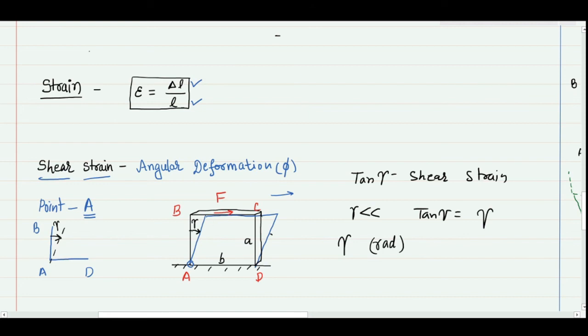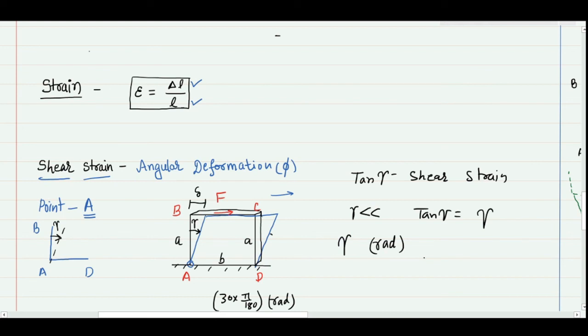Whenever you define the angle, suppose this is 30 degrees, you cannot say my shear strain will be 30. My shear strain will be 30 into pi by 180. Please remember, when you define the shear strain in terms of angle, it should be in radians, not in degrees. If I am interested to define it with respect to tan theta, I can say that tan theta will be the ratio of the perpendicular by the base. Let's assume that this deformation is del and this length is a.